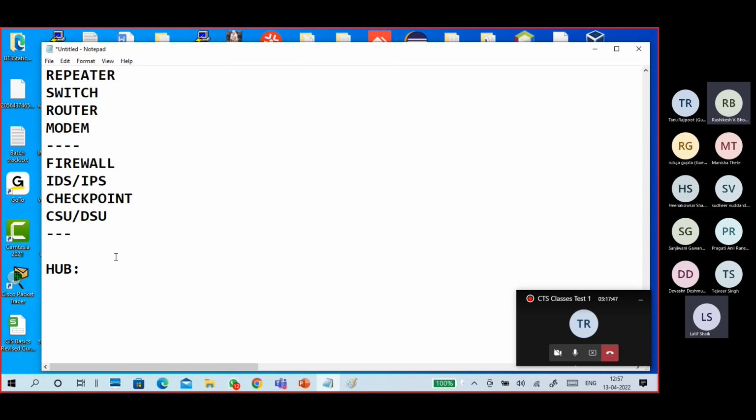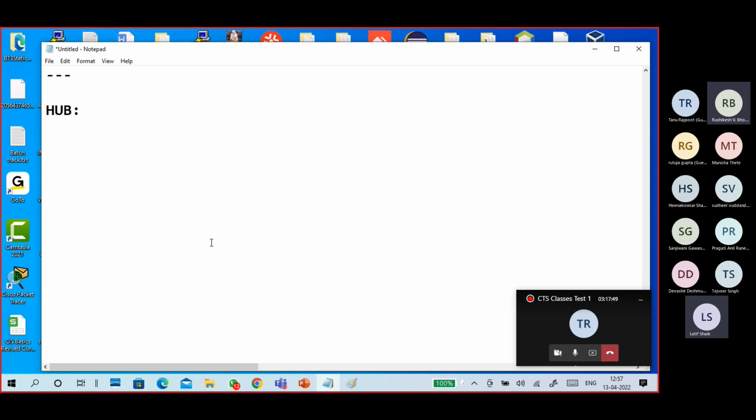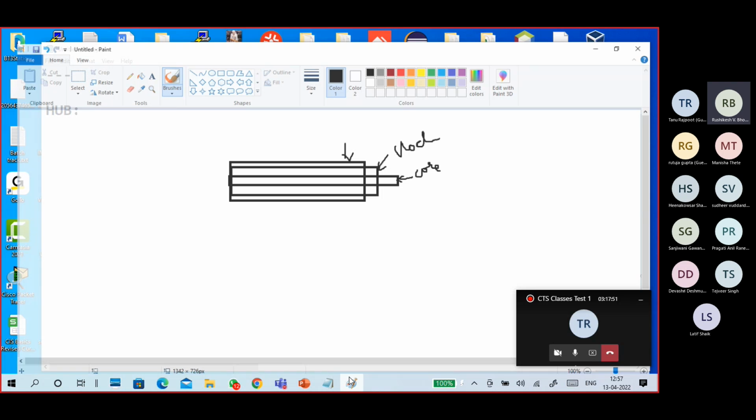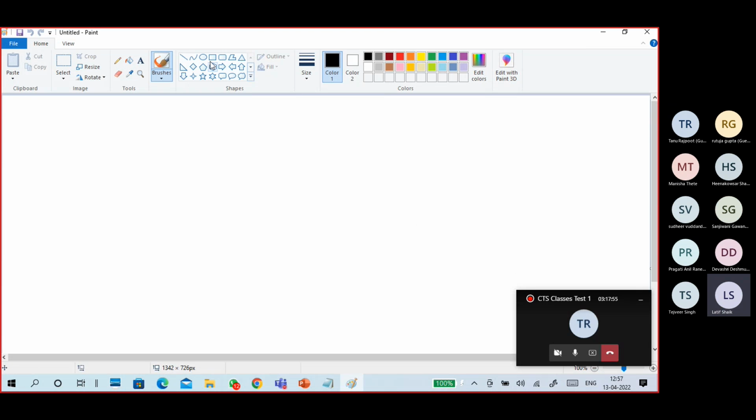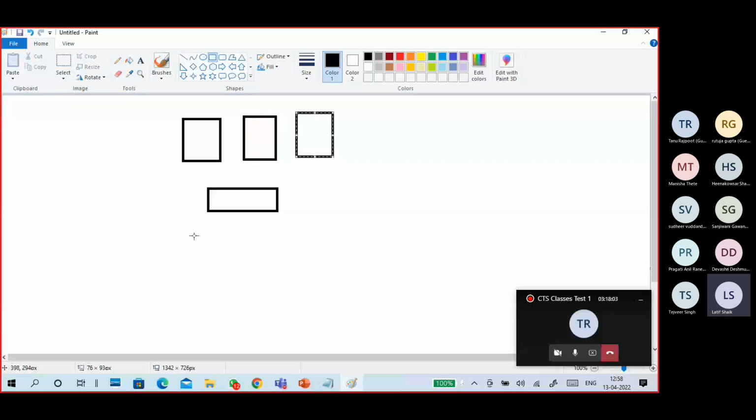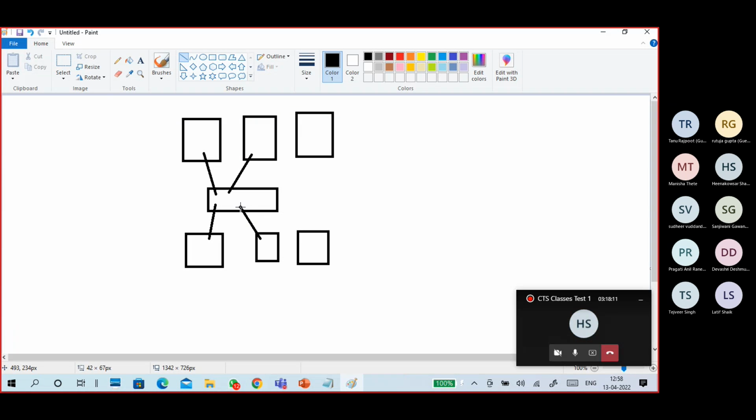The first one is hub. Hub is a centralized device. Whenever you are connecting to a hub, you create a small network.